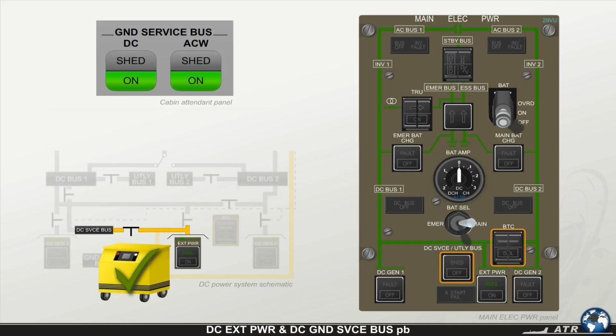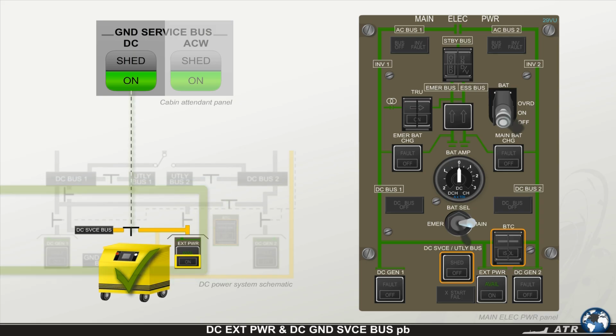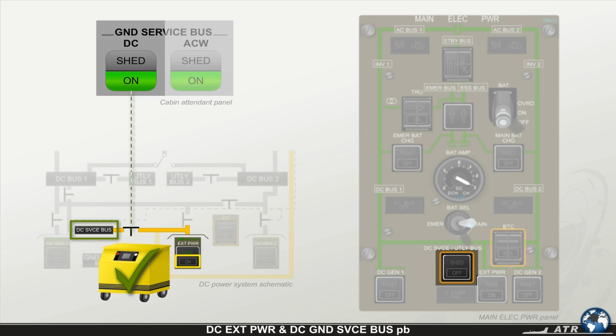When an acceptable DC GPU is plugged into the aircraft but not selected on, the DC ground service bus push button directly controls the power supply of the DC service bus regardless of the DC service and utility bus push button position. In this case, if the DC ground service bus push button is manually selected off,